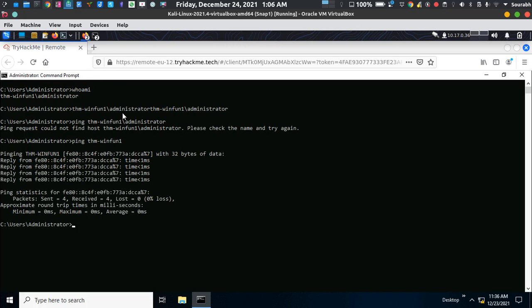Now when you know the host name, that is who you are and the name of your computer in the network, we need to find out about the users of your computer itself. What are the users in your computer that you can access? For knowing about the users in Windows, you just type net user.